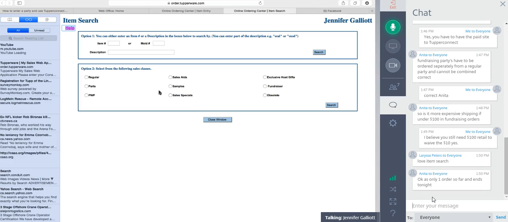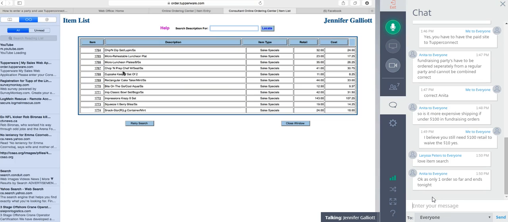You've qualified. Your sales aid, samples, sales specials, fundraiser, but you cannot order fundraisers under a regular party. You need to have a fundraiser order set up. So let's say we're going to do some samples, because sales specials, sorry, they're ending tonight. So you're just going to click and you're going to find it. Be careful when you're ordering your chip and dip sets tonight that you don't click this top one, because that's not the